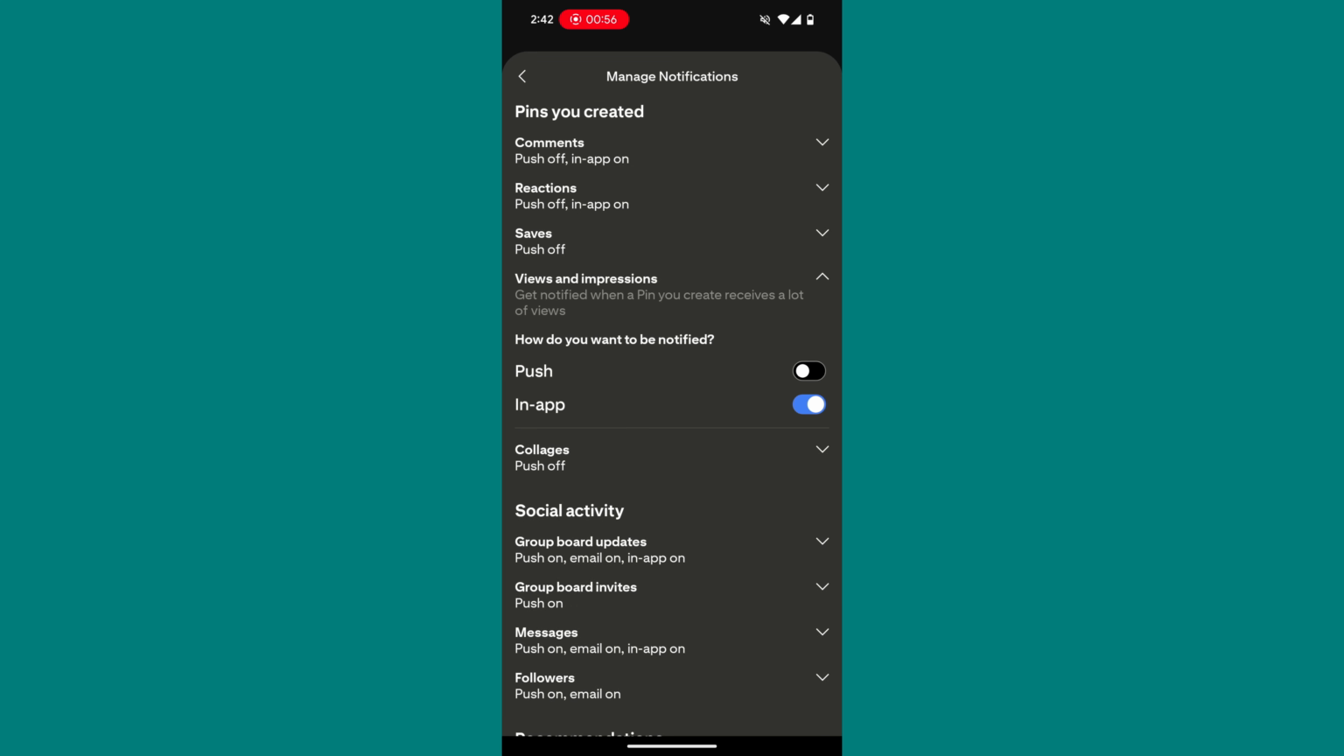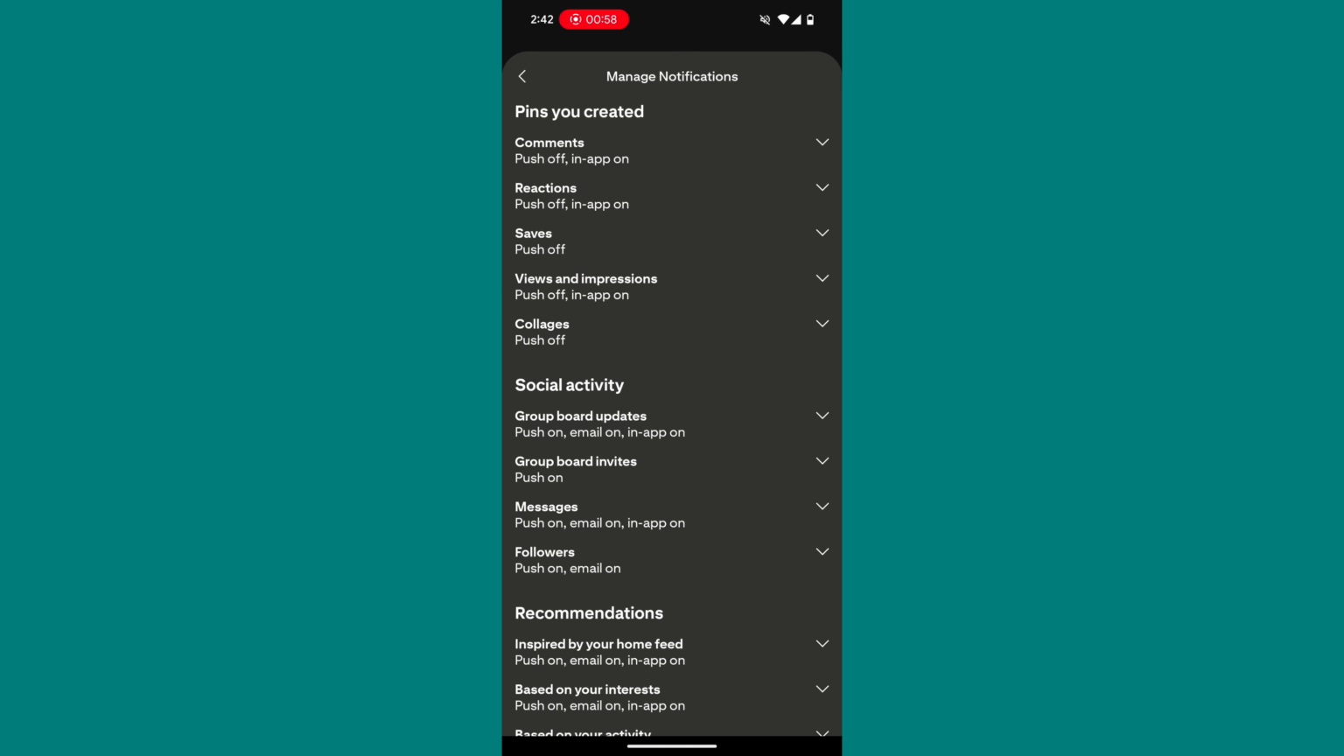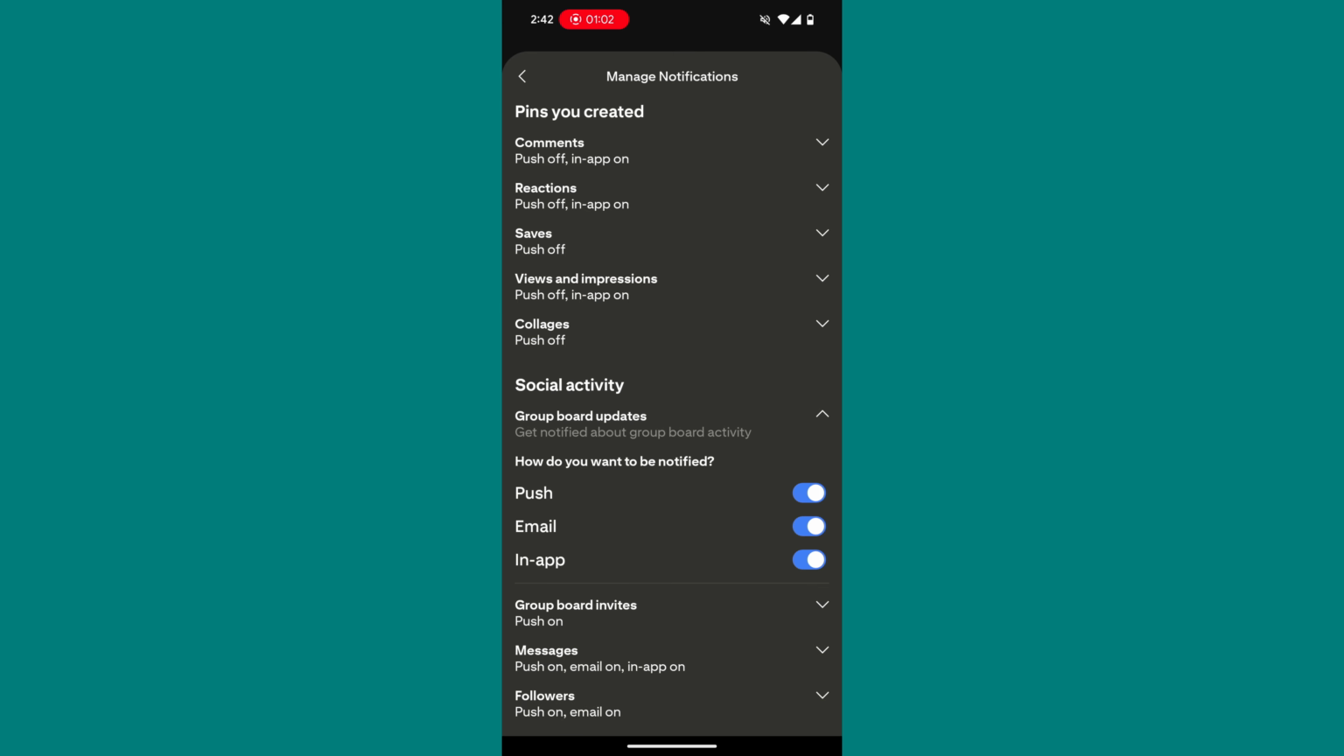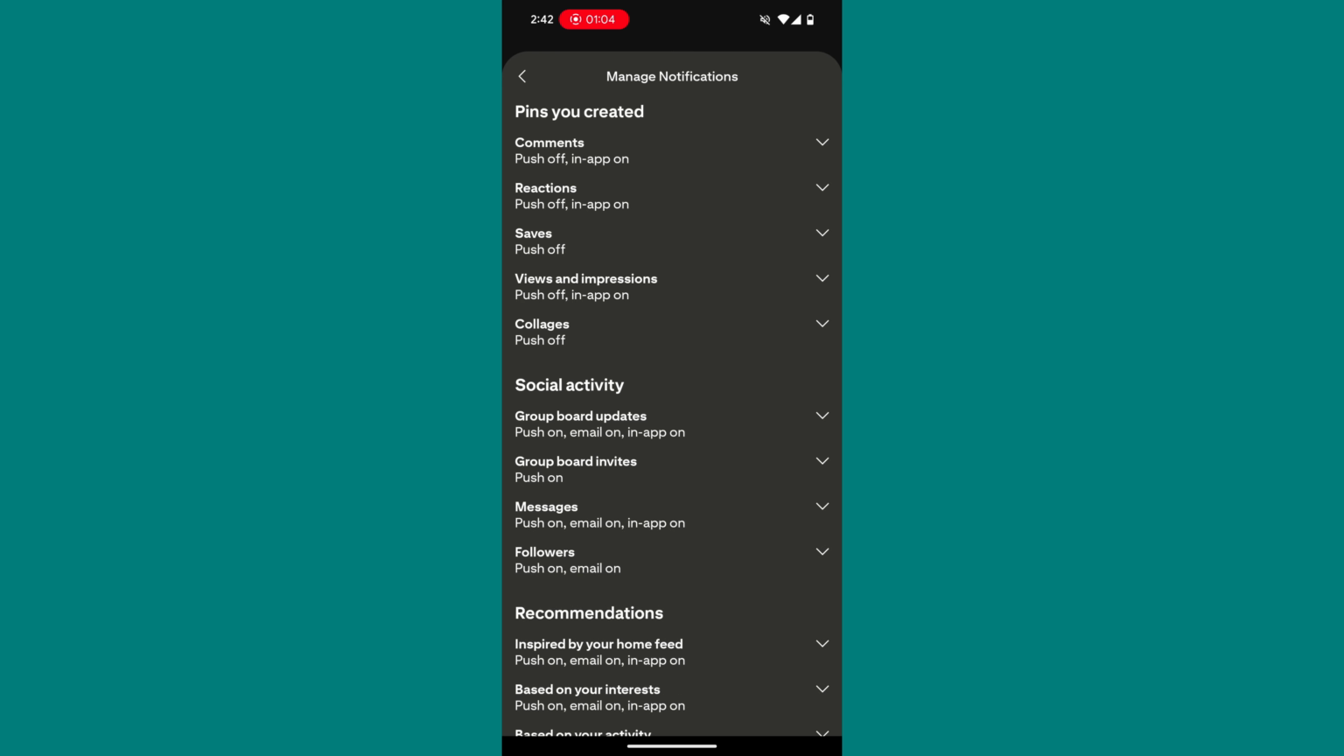it and enable it. So this is how you can turn on, and if you want to turn it off, you have to click on all the same things and individually turn it off. So this is how you can turn off the message notification on